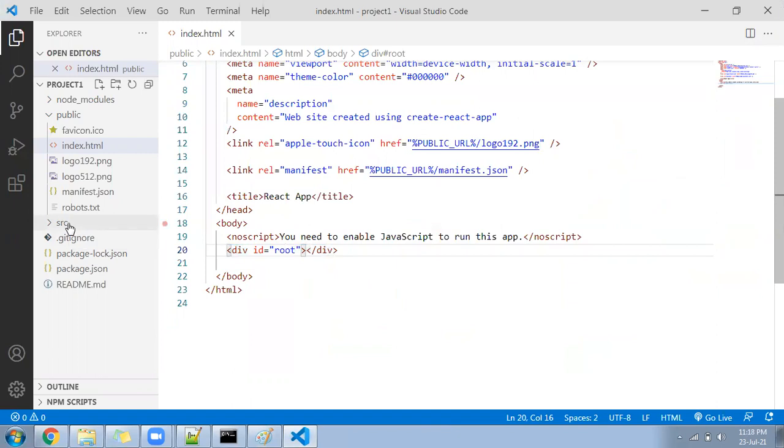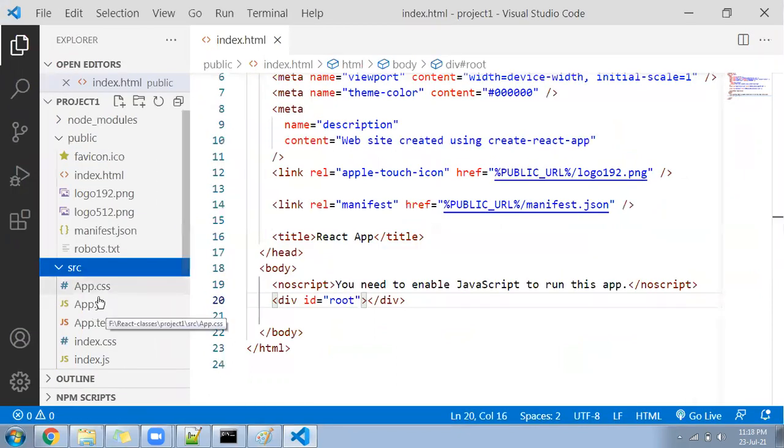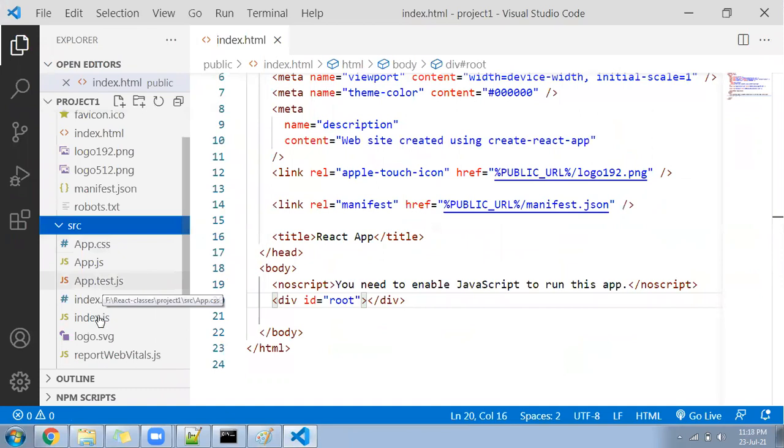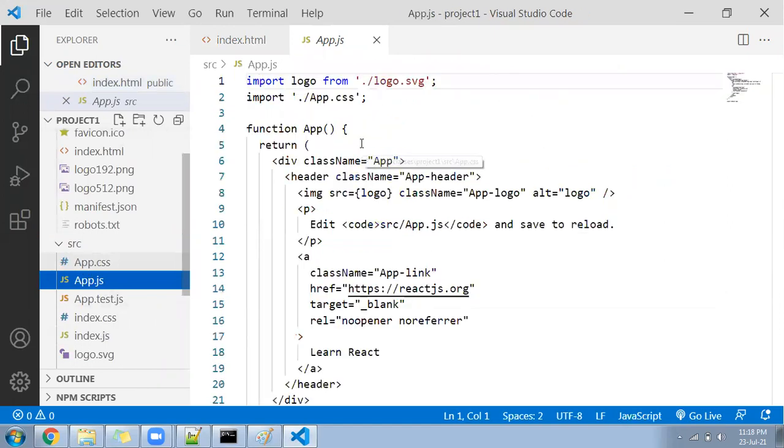Okay, let's come, I'll guide you next. Go to the src folder. In the src folder, you can see you have one file called app.js. Let me go to the app.js. In app.js, some code is written here.